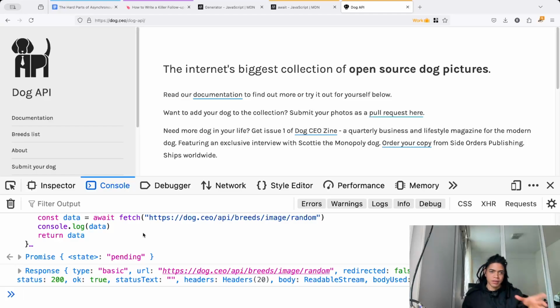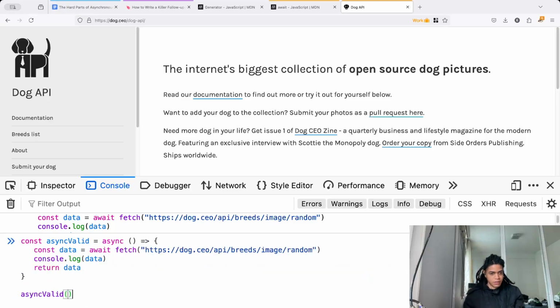Maybe Firefox doesn't allow us to do this. That's what happened. But now what we get is that,